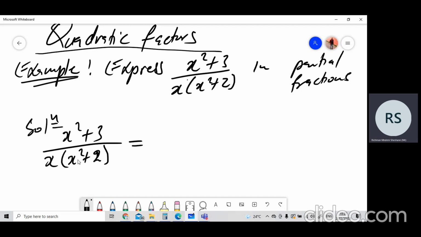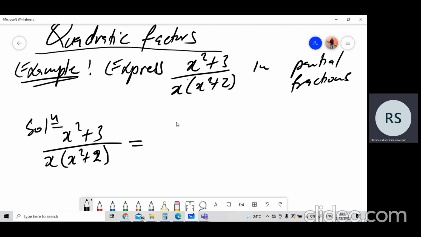And next, make sure the denominator is factorized completely. This is already factorized. We took the common factor. We can't even factorize x squared plus 2. Okay? We agree? We can't factorize x squared plus 2. But the thing here in the denominator is that we have a factor which is a quadratic. So I told you the factors in the denominators give us the shape of a